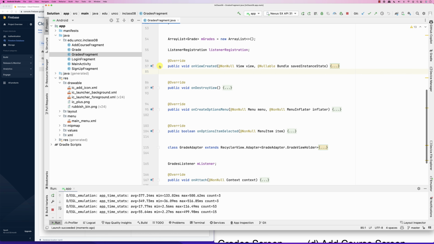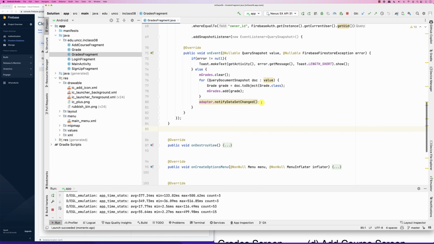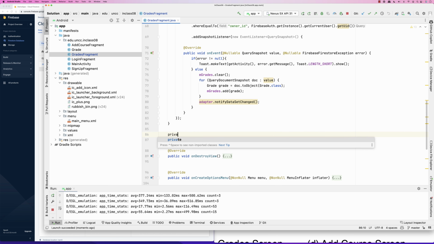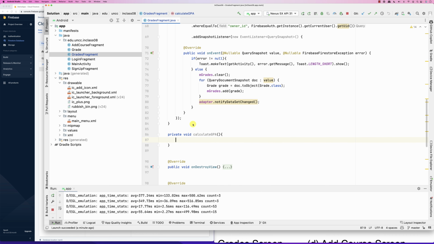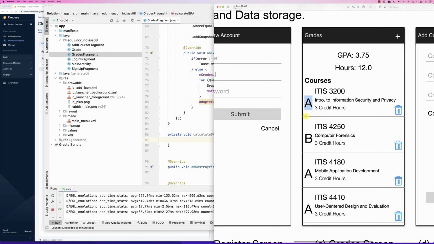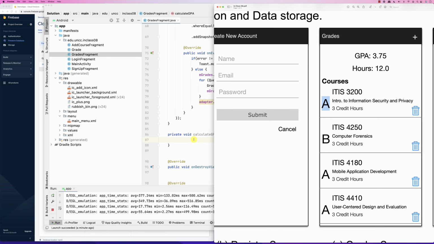When do we do it? Whenever we load the list. So basically here, we notify and then calculate the GPA. So basically I can have a private void calculateGPA, and basically what I could do is go in and have different cases. For example, as the app first starts, you could say, for example,